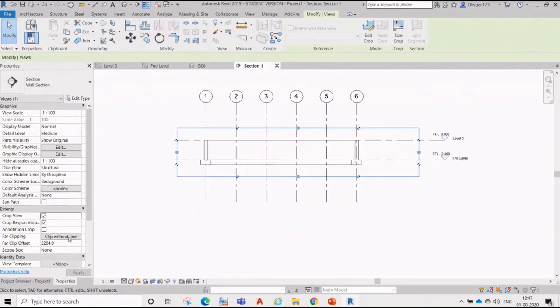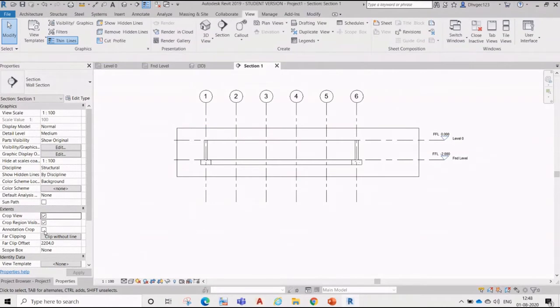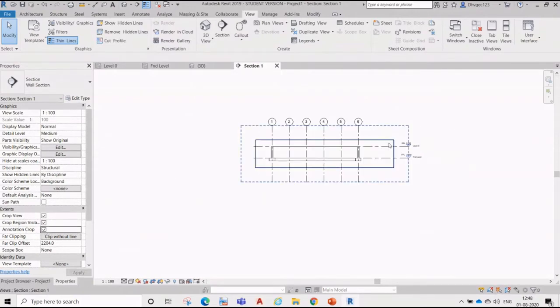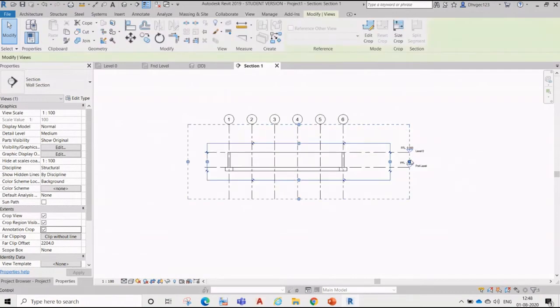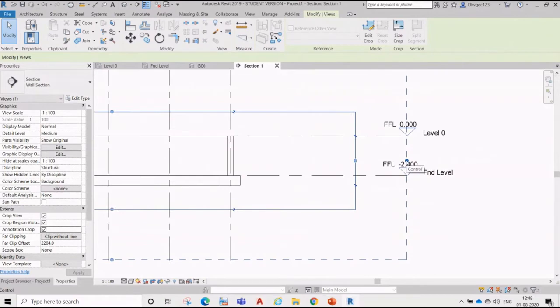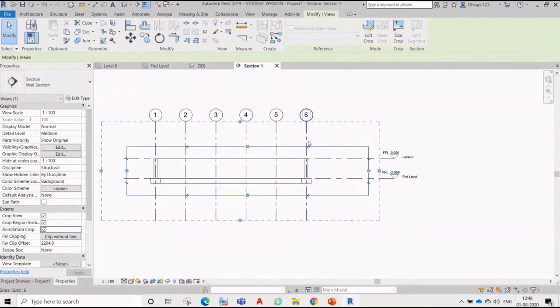Then we have annotation crop, meaning we cut one section, but the annotation should be inside that limit. Which limit? This limit. So right now the annotation limit is this one. If you want to reduce it till here, you can reduce it.